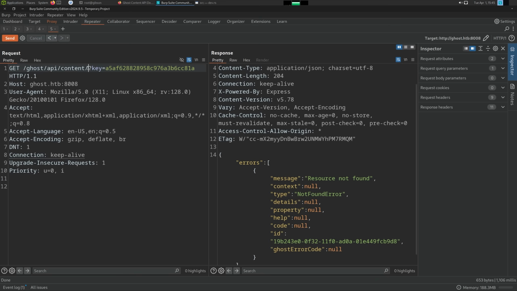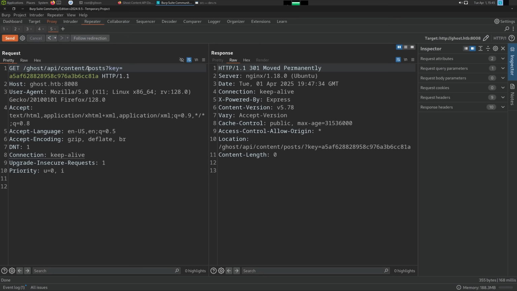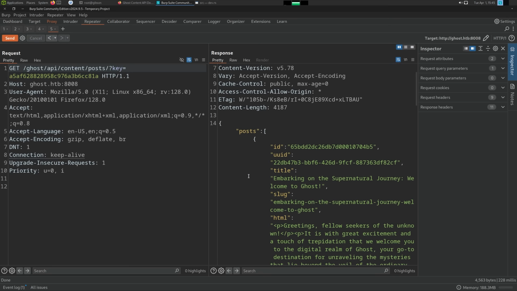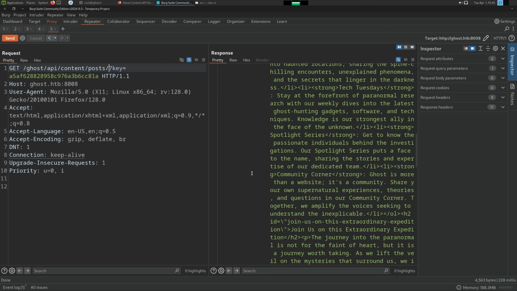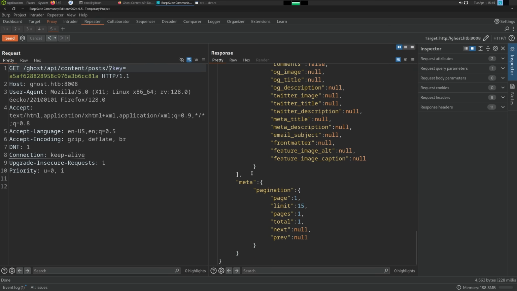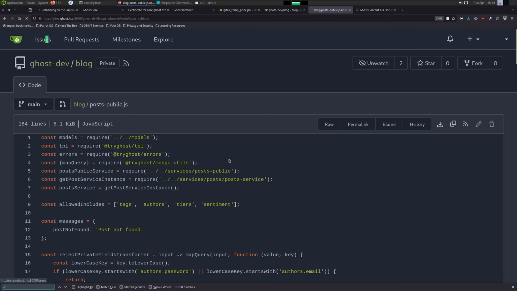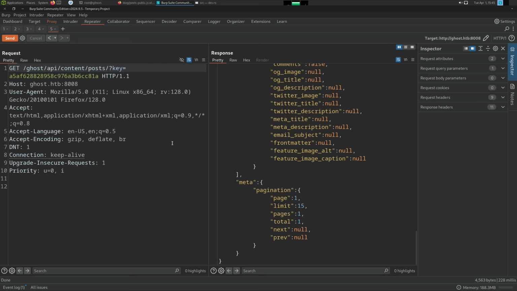So let's try, is it post or posts? Okay, moved permanently. We have a slash. There we go. So this is probably going to be the JSON we hit. And they added a variable called extra, right? If we go back here, extra frame original query. So let's try saying key and extra is equal to, let's do a bunch of dot dot